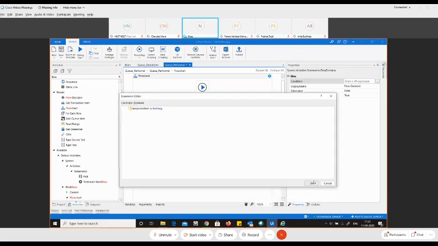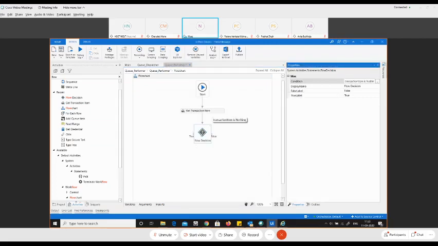If the transaction item is nothing, we will end it, as in, we'll stop the automation. If there is a queue item present, then we'll proceed ahead and do the following function. I hope this makes sense to everyone.